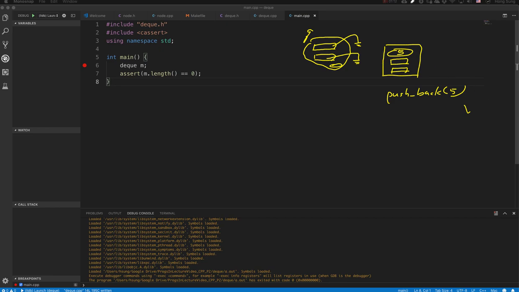So we'll have a link, something like front and back being the same node, and its next member is nothing, its previous member is nothing. So that's the first push, and then as you do push one more time,